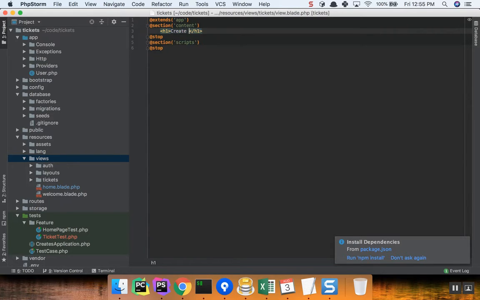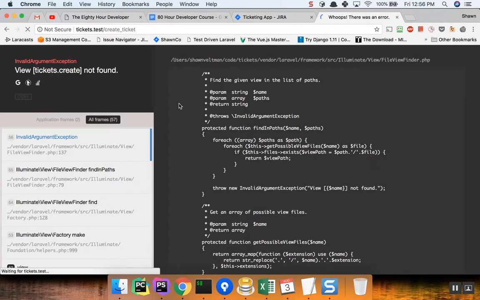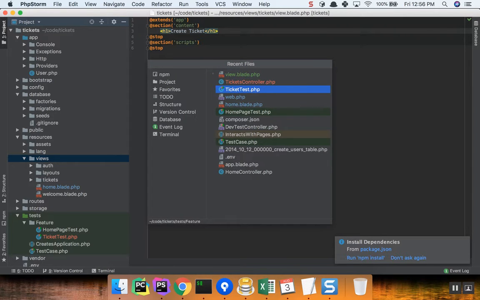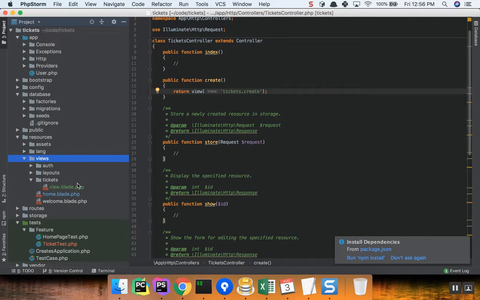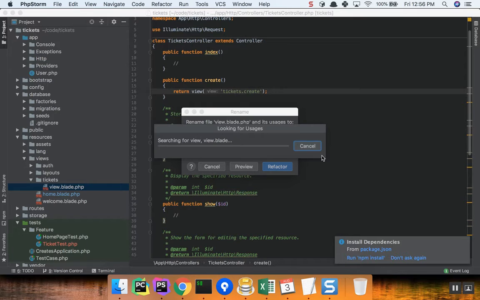H1 create ticket. So let's go back here and see what we've actually done with this. When I click on create ticket now, I'm taken to my create ticket page. And it tells me that it can't find that view. So it's looking for view, tickets, create. And I called it viewblade.php because I'm not very smart. So when I call it createblade.php,